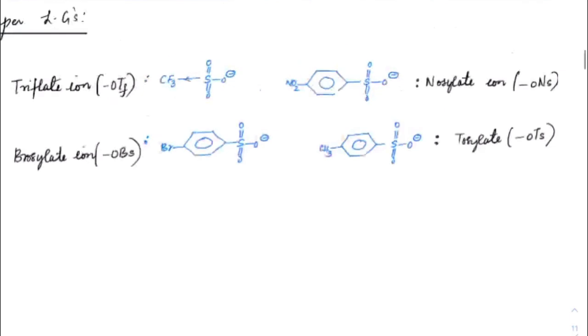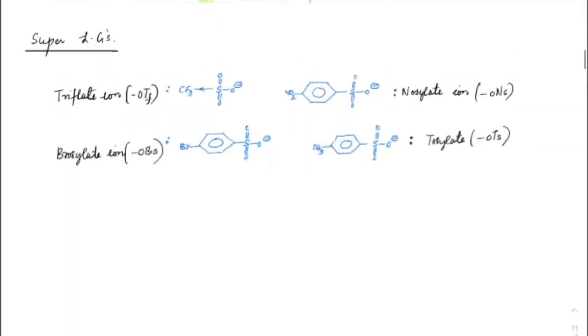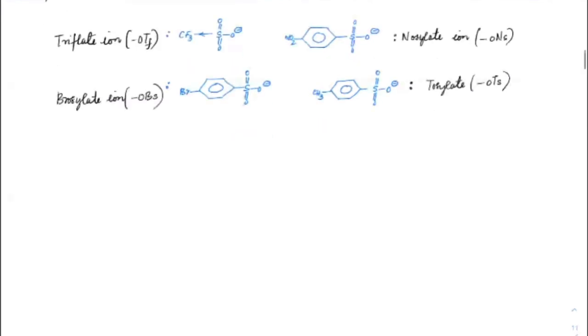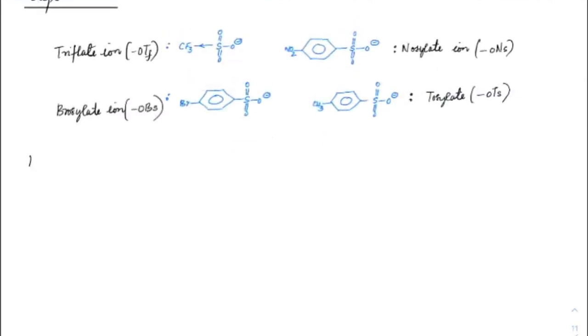If you observe this, they are all coming from very strong acids, so hence they are very weak bases. All these conjugate bases which they form are coming from the various benzene sulfonic acids. So they're all going to be very strong acids, hence their respective conjugate bases would be weak. Just like super leaving groups, then we have better leaving groups.